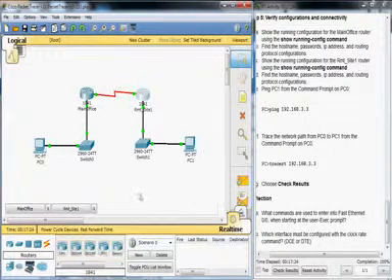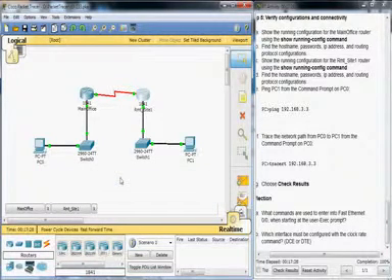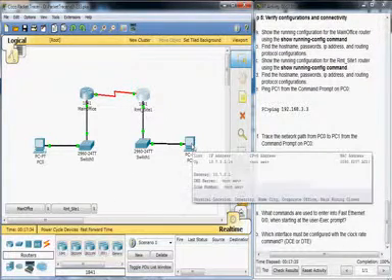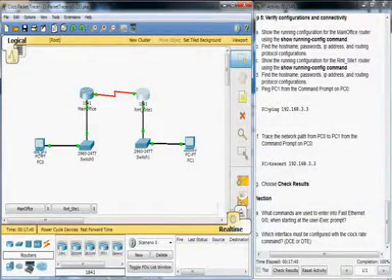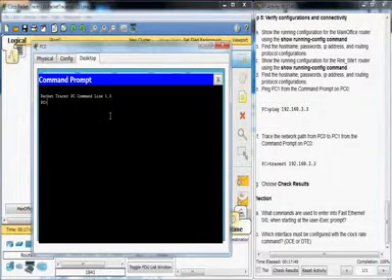Alright. Now it wants us to ping PC1 from PC0. I don't think this is going to work, given that they don't have the right addresses or even gateways set. But it told me to do it, so I'll do it. Ping